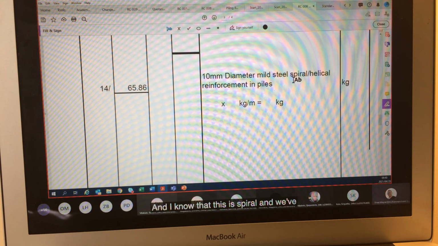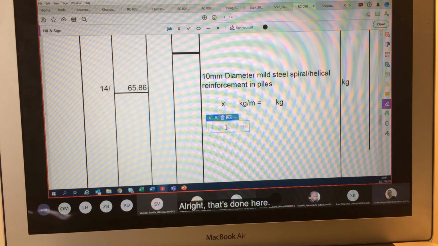And I know that this is spiral, and we've done a spiral in our first year, and in the spiral we indicated that when we measure a spiral, we now need to determine the length of the spiral, and the formula for the length of a spiral says that,